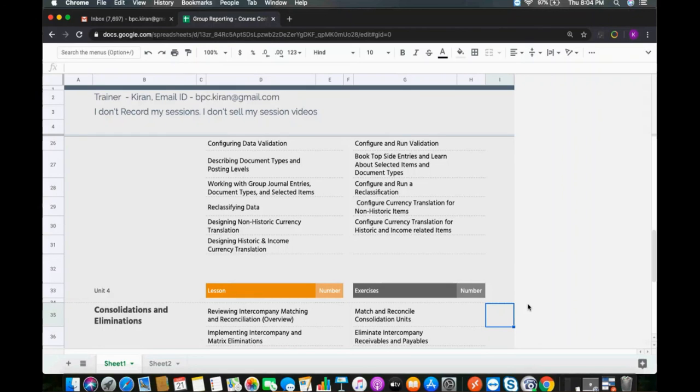There are some points we need to consider when taking the decision. If the customer has S/4HANA, then he has two options: group reporting or BPC. The next point is the license. Group reporting is free, and for BPC they have to pay the license.